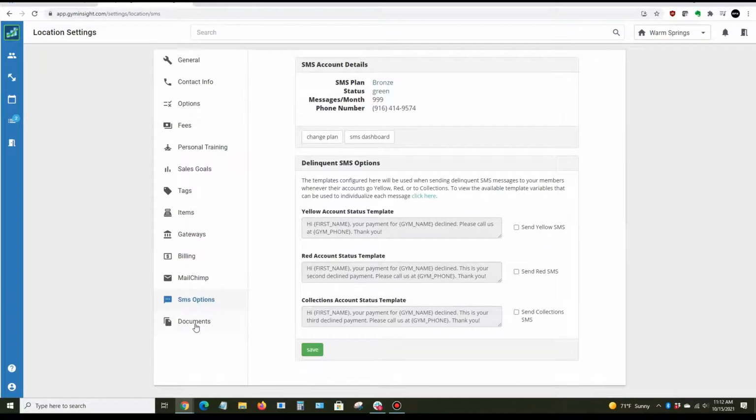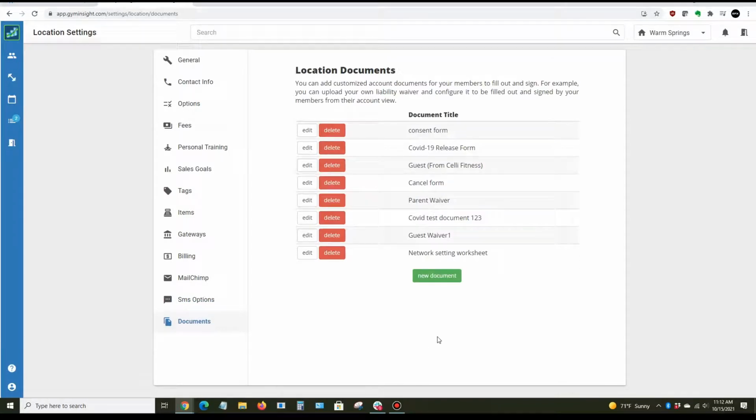Last but not least, we have documents on the left. If you have any digital documents that you would like to have signed in the system, when somebody signs a document, it stays on the user profile nice and neat, so everything's organized. Maybe it's a parental waiver or just a guest waiver for the day, a COVID waiver, anything you can think of. Just click documents right here, and you can upload any document as long as it's a PDF. If your document's not a PDF, open it in Word, save it as a PDF, and you'll be able to upload it. To upload a document, all you have to do is click New Document,